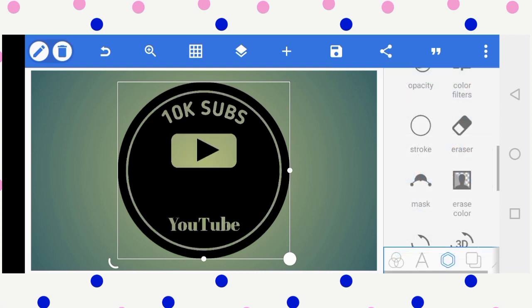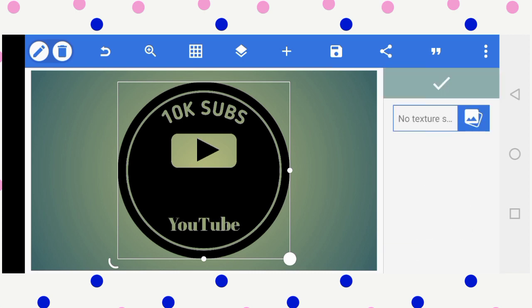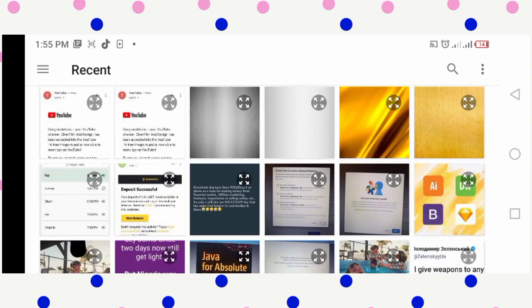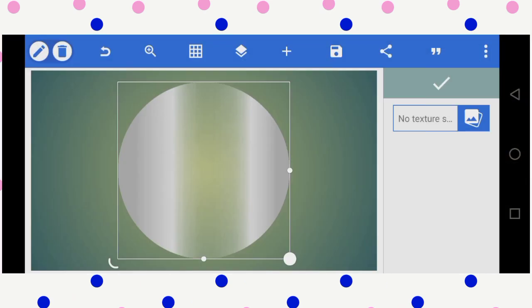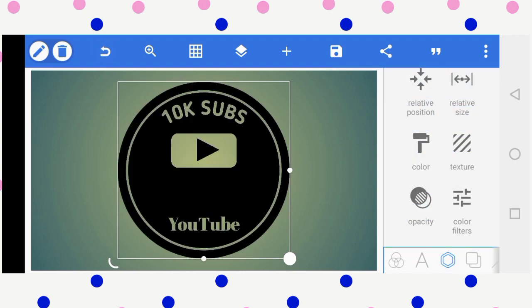Yeah, erase the color, then you are gonna fill this with texture. I already downloaded some texture background, so I'll be using this silver texture. You look okay. See, this doesn't really work well the way we want it to be. There's a mistake, just undo it. Go back,